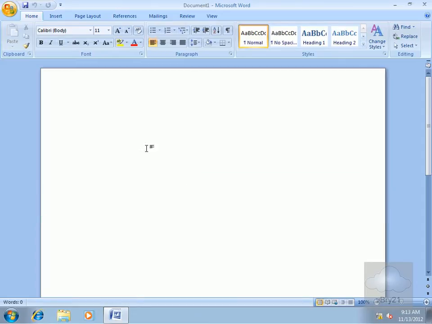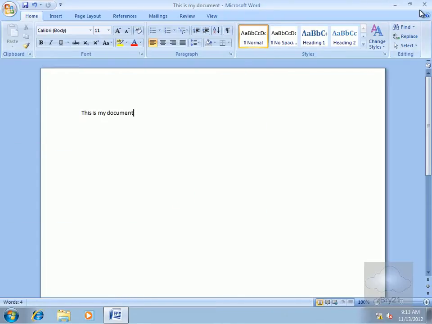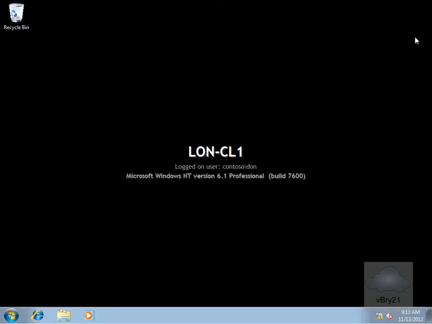Within Microsoft Word, all we're going to do here is we're just going to create a little document, and Don's going to type in, "This is my document." And the next thing he's going to do here is he's just going to save this off. And he's saved that off. Now he's not sure what he's doing, so at this point here, what Don's now going to do is